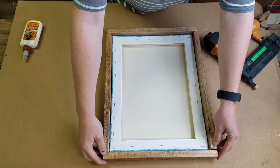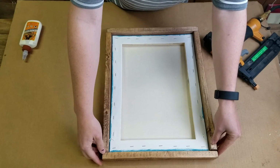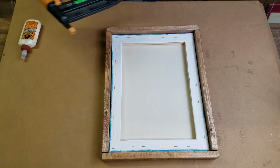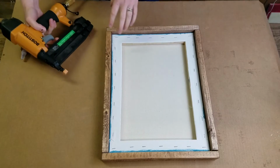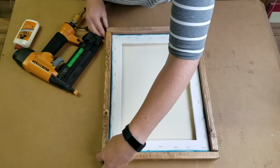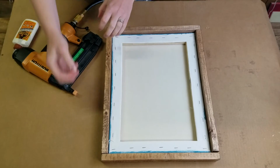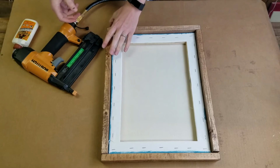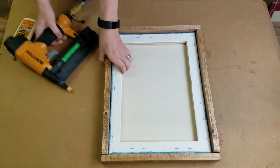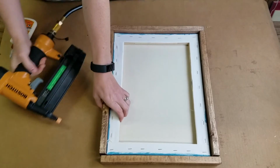Okay. Now I'm going to push the base up to the canvas and center that. And because I was using a circular saw, and sometimes one piece can be just a tiny bit shorter than the other, I might want to find the exact center if I have a little space on either end and make sure that I center it exactly so you don't have one big gap. But this piece looks really good, so I'm just going to push it in nice and tight, add a brad there, and a brad here,